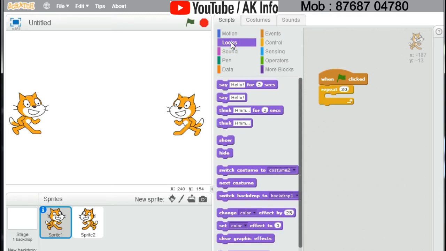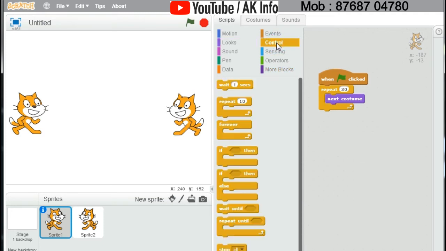Go to looks block, take next costume. Again we go to control block and take wait 1 seconds. Change it to 0.1 seconds.